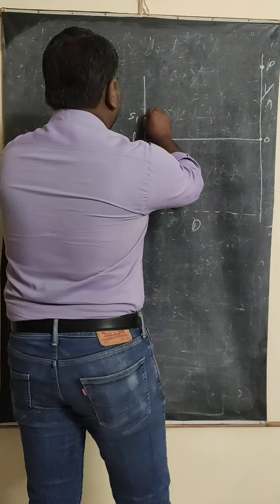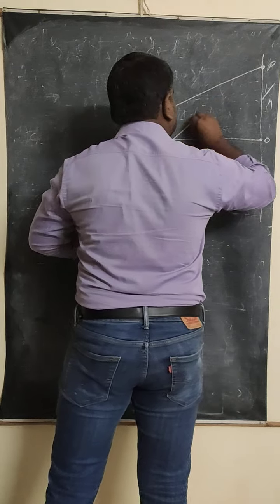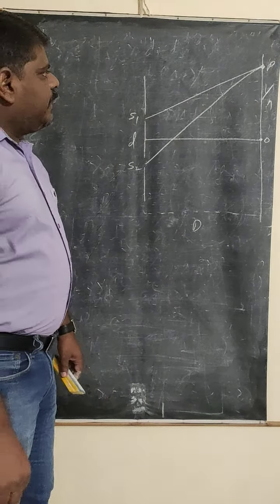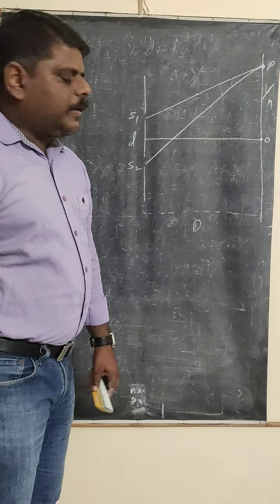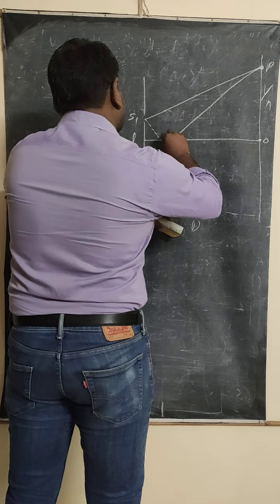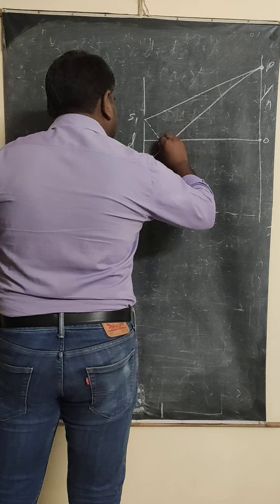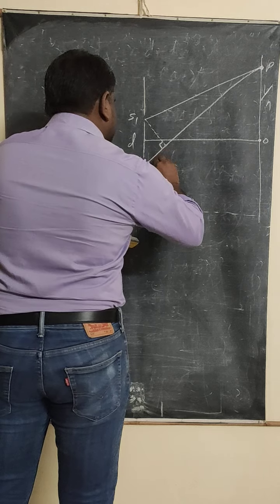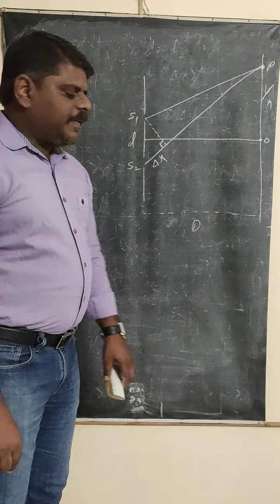Now what happens? The light coming from S1 is going to reach the point P, and the light coming from S2 is also going to reach the point P. So the two light waves are superimposed here, and you are going to get the bright band or the dark band. To find the path difference, you need to draw a perpendicular line. How much angle will be there? 90 degrees, and this represents the path difference, which is denoted by delta x. Okay, delta x represents the path difference.